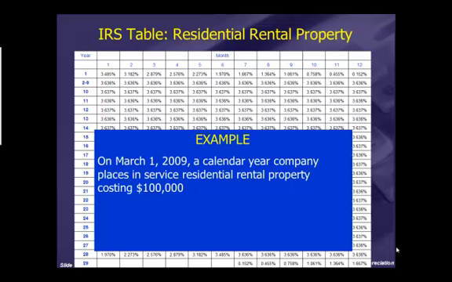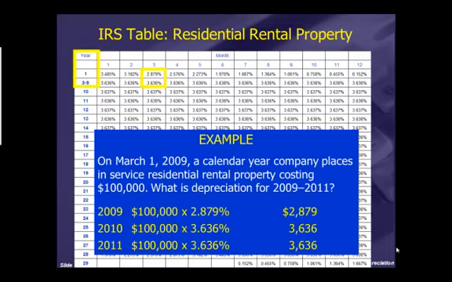So here we have on March 1st, 2009, a calendar year company places in service residential rental property costing $100,000. So what is the depreciation for 2009 through 2011? Well, year 1 is 2009. You would take 100,000 times the 2.879%. As a decimal, that would be 0.02879. You can slide the decimal point over, and that would be